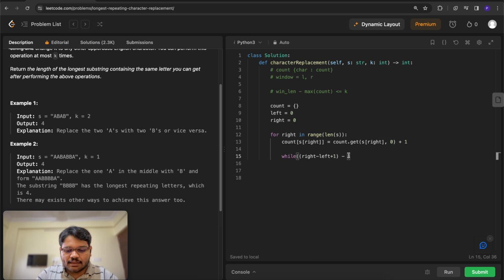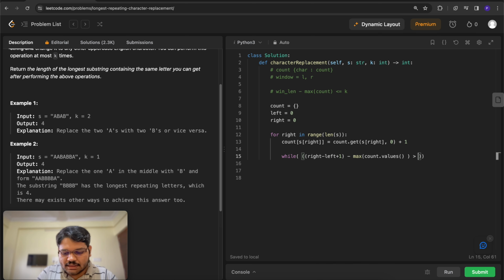So we just have to get the maximum value which is present in the dictionary. Maximum of count dot values. Count dot values will return the list of all the counts, and max will return the maximum among them. So we are taking this difference. So we are going to use one more bracket here. Okay, this difference,